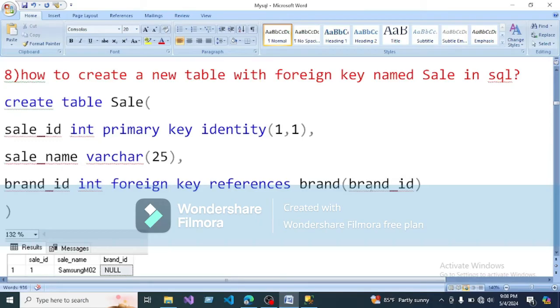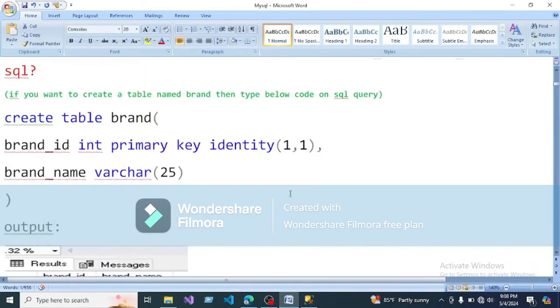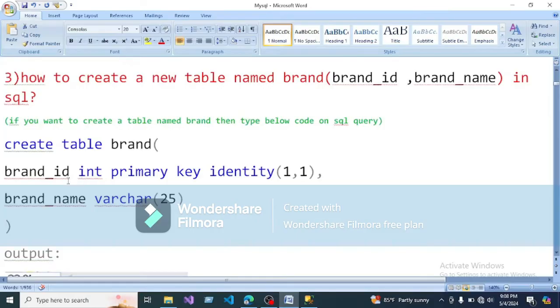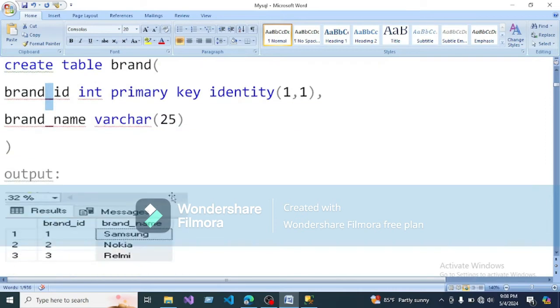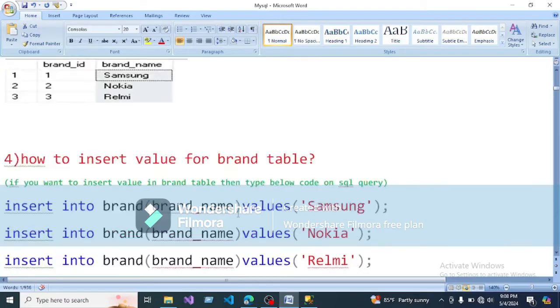this is the brand, and this is the column name for the brand table. If you use the primary key, look at my table, and this is the primary key for this table, but I want to add this brand ID into another table, then this will be a foreign key. Okay,